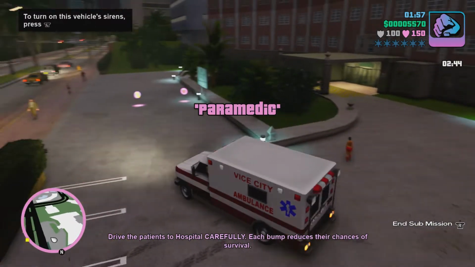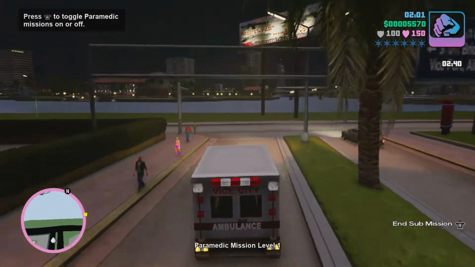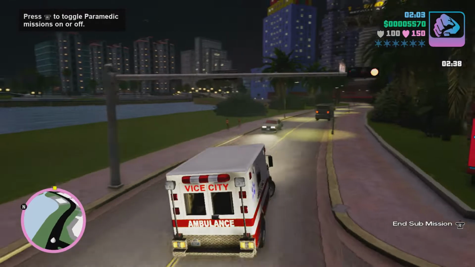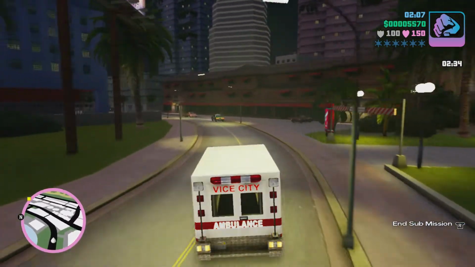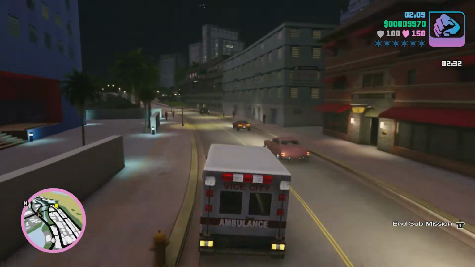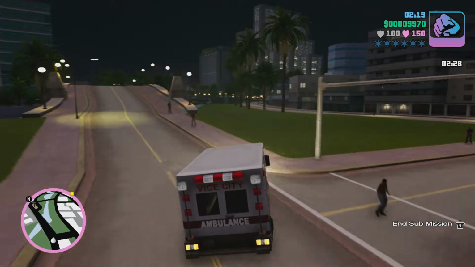In this part, we will be completing the Paramedic side mission, which is a requirement to complete in order to get your percentage points for 100%, and the way you activate doing this side mission is by entering an ambulance anywhere in Vice City, and then activating the side mission by clicking on the right stick, at least in the